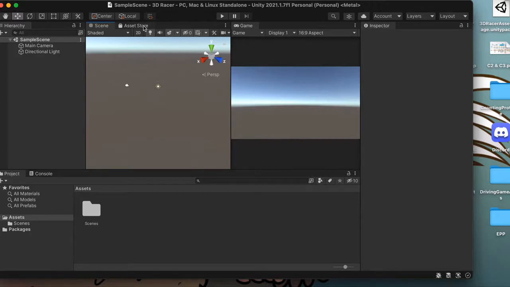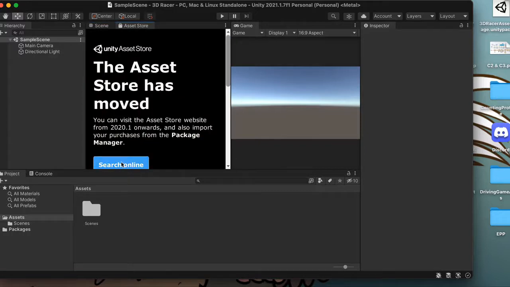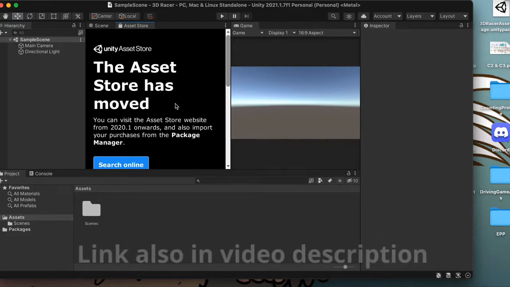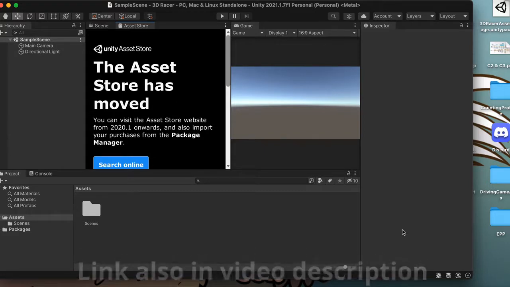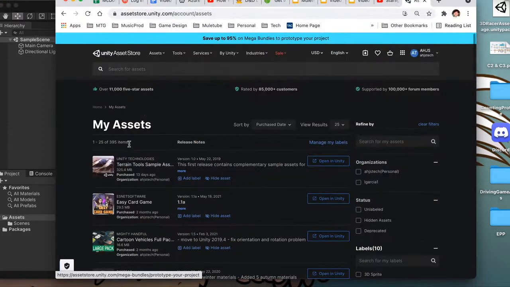We're going to be using something in the asset store, and for some reason, I'm not really sure why, I have trouble finding it inside the app. So I'm going to put a link in Classroom for you to the terrain tool. So the first part of the project is going to be working with the terrain tool. So the link will take you here,